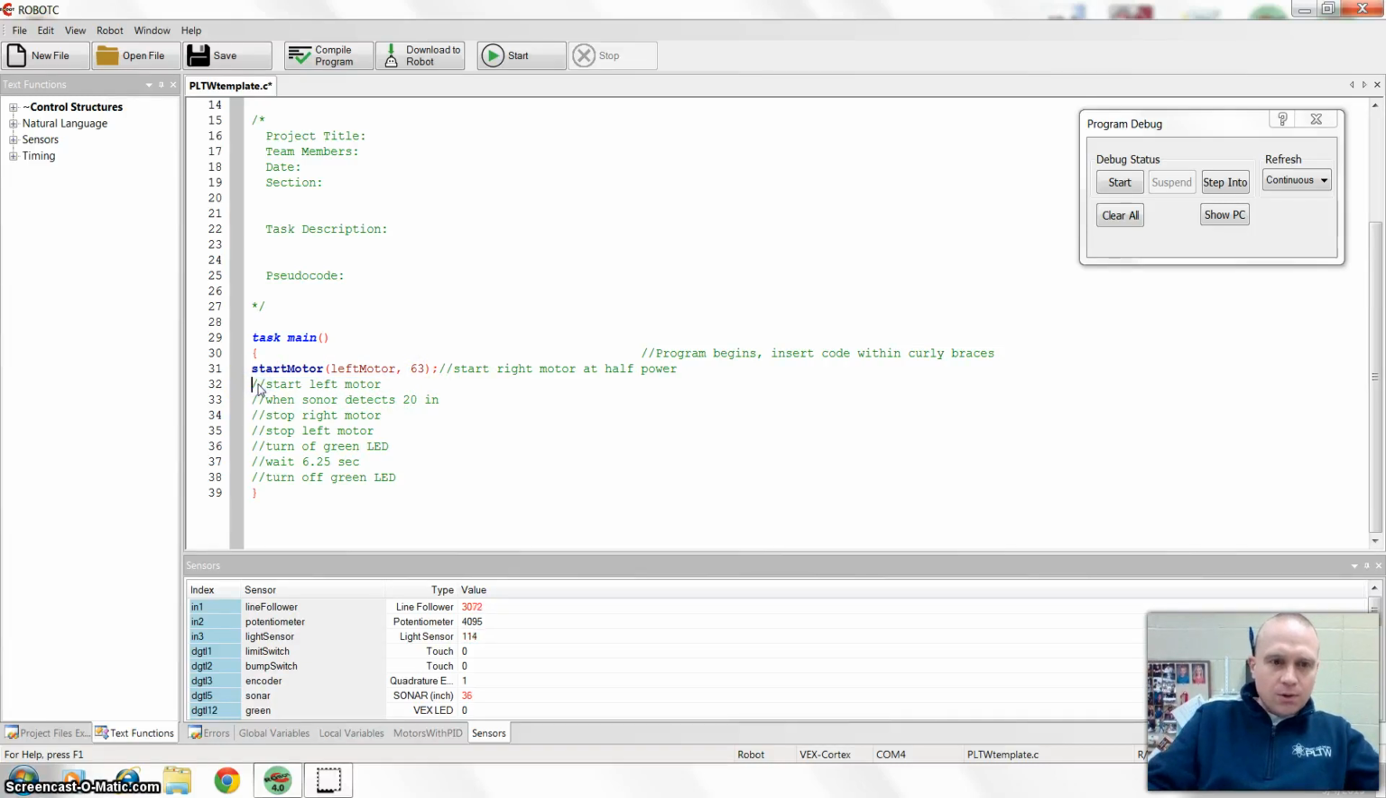Next thing we are going to do is start our other motor, start motor. In this case, it's going to be left motor, and if you look, I made a mistake in the first line. I put left motor and it should say right motor, so I'll change that. Alright,